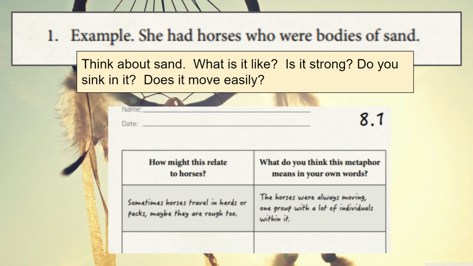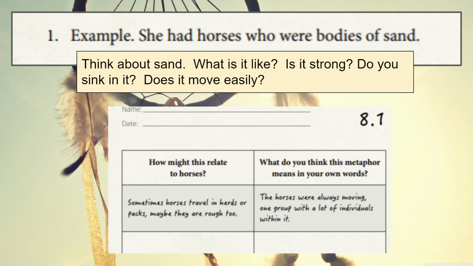Then we're going to relate that to the poem. How might this relate to horses? Sometimes horses travel in herds or packs, and they can be rough too. We have wild horses that just roam. Assateague Island is known for that, lots of roaming wild horses. People go and see those horses all the time, but they're not necessarily horses you're going to go up and pet. And we also have domesticated horses, horses that people use for riding, for therapies, or on their farm for farming. So a lot of times horses are not found one at a time; they're found in a pack or a herd,